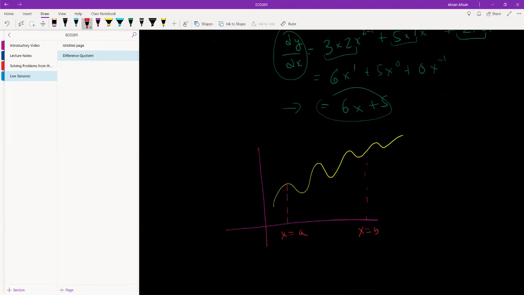Now the problem is if we connect these 2 points, we ignore a lot of things. We ignore this point, this point, this point and this point, and we are just assuming that the increase has been like this. Or even worse,